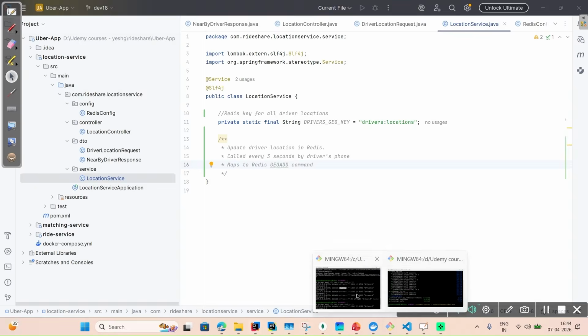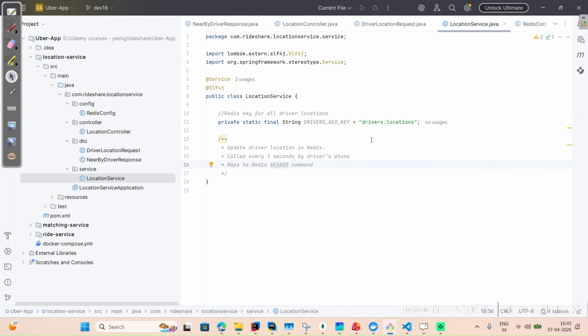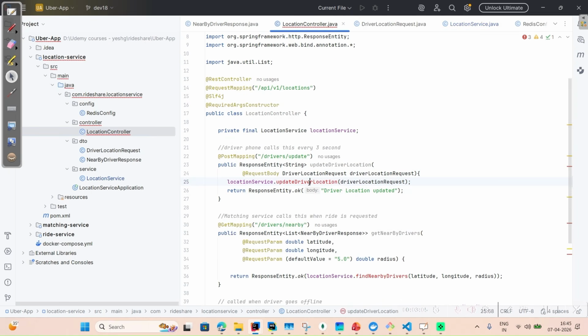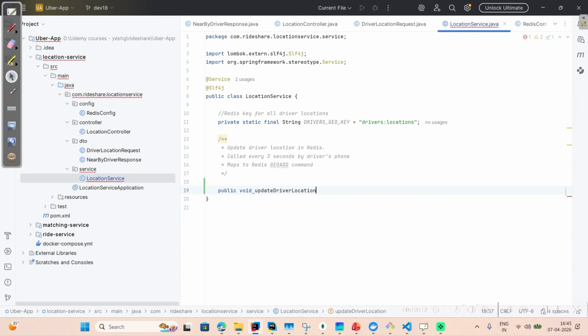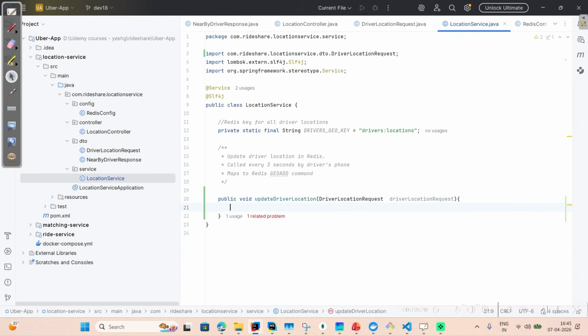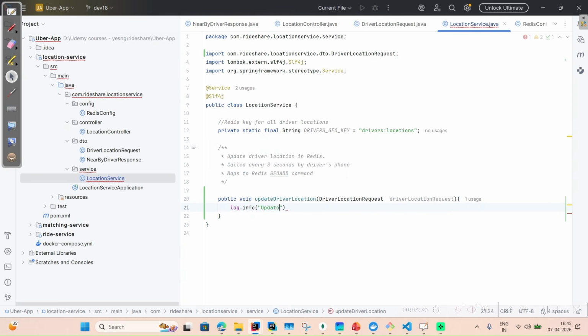So yeah, GEOADD, to add and update the driver coordinates location. Our first method is update driver location. Let's implement it. Public void updateDriverLocation, getting the driver location request. Okay, fine. At first let me add some logging, log.info, updating